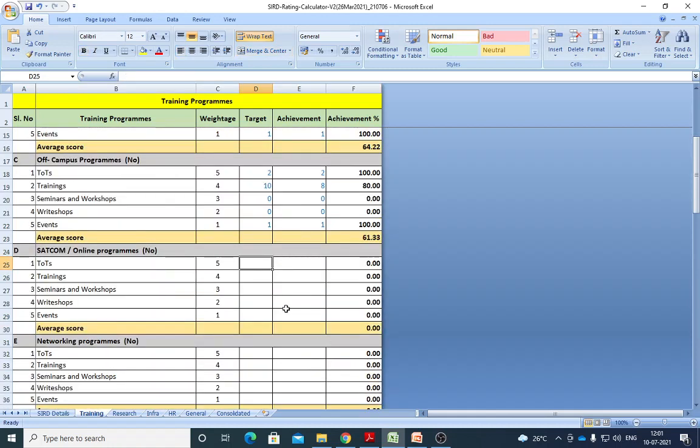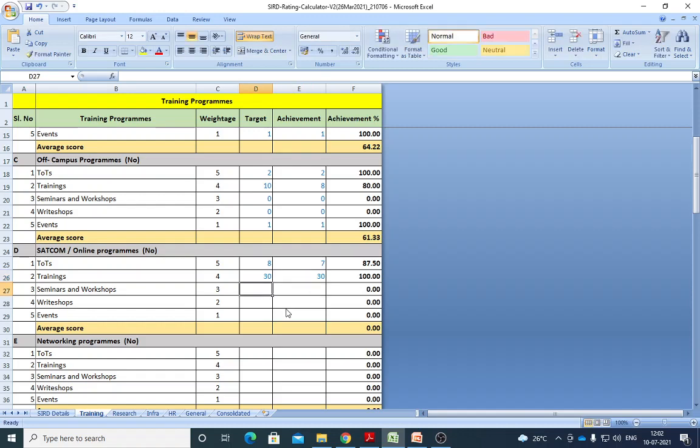Again, the SATCOM program, say for online, so many people are doing SATCOM, especially some institutions are very good, especially Mysore. And you can see training programs through online, yes, I planned maybe 8 and completed 7. Otherwise you put 8 also. Training programs online, I planned 30. These are all approved. Please make sure the targets are approved. I have approved these 30 programs, and I have completed almost 30 programs.